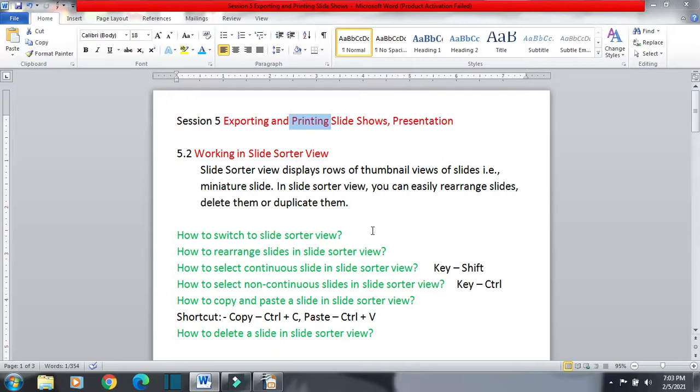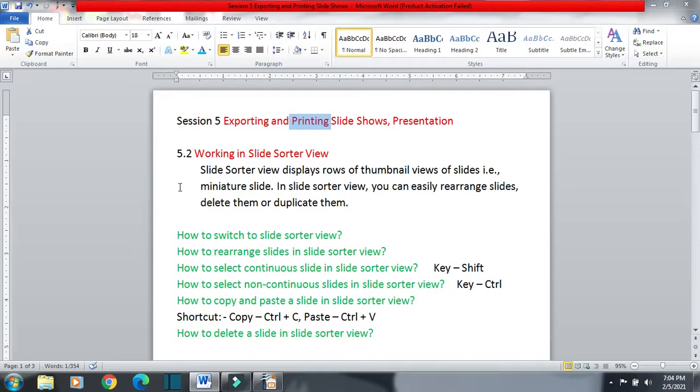In the previous topics we have discussed various aspects of OpenOffice.org Impress and we have learned so much. Now in the last chapter we are going to work on slideshow, how we can show our slides to the audience. Before this, we need to have a look at all the slides that we have created. So for that we have to go to slide sorter view. Before showing these slides to the audience, we need to have a last view of all the slides in miniature form so that we can check whether we are correct or not.